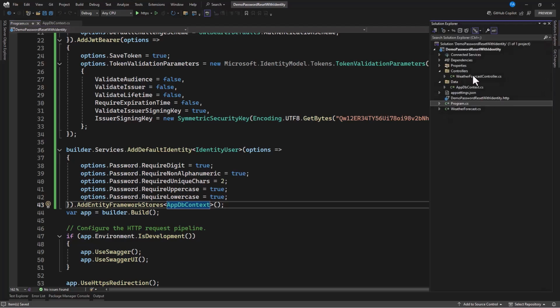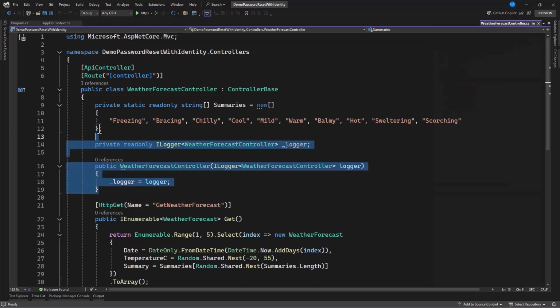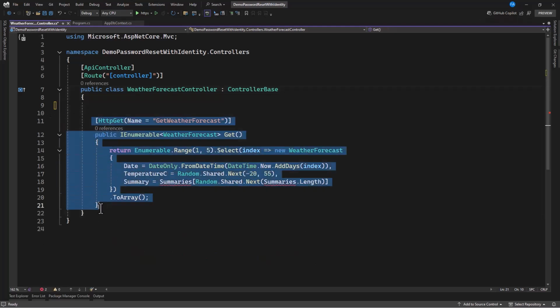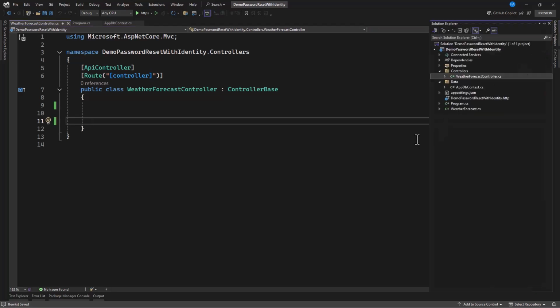For now, I'm not creating a class for simplicity's sake. Okay, so I'm not creating a service to be called. I want to do everything in the controller. So when you have the understanding, you can go in and extract them with an interface implementation, register them, and at the end inject it here and use it. So you can be doing that in another service as well. Okay, so let me remove all default stuff,